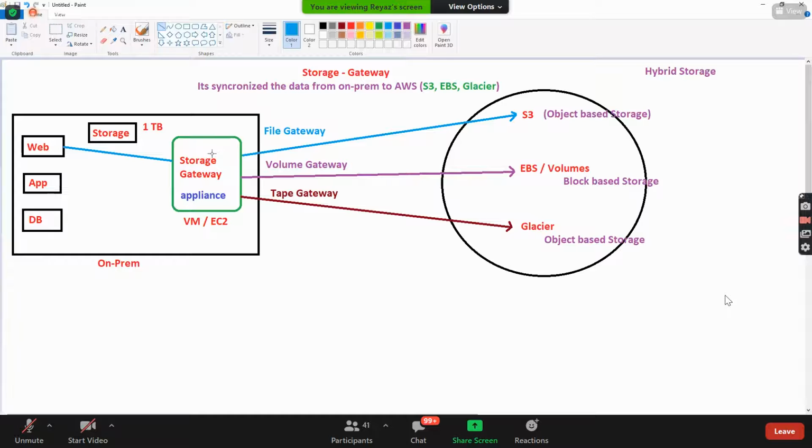You mount this storage gateway to the server, and whatever gateway you have created, you can directly push data to S3 from here itself. I'll show you that. To push that to volumes, you can use volume gateway, or you can choose this tape gateway.